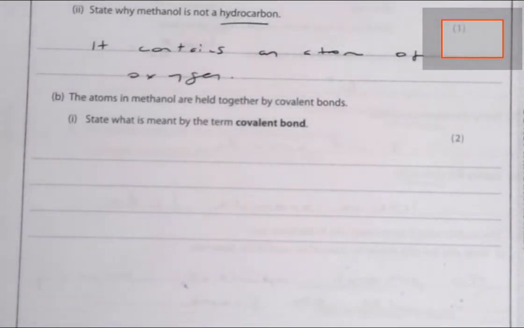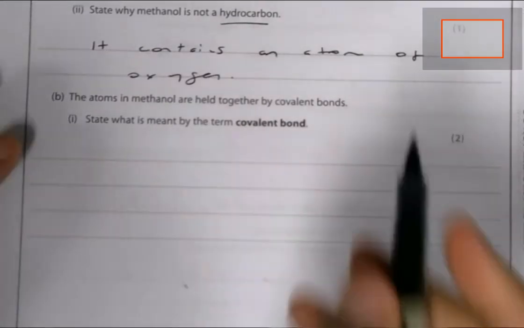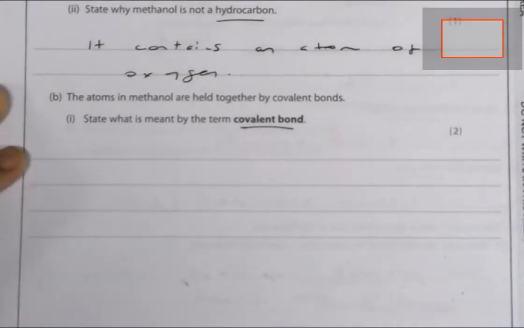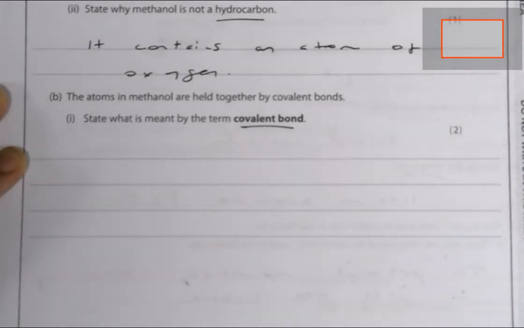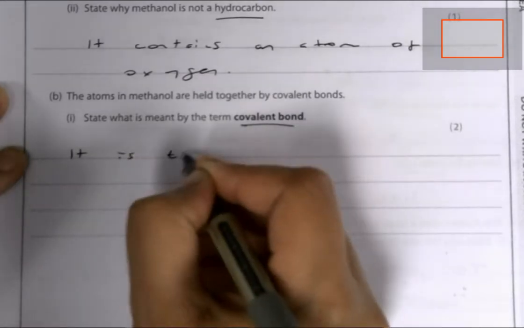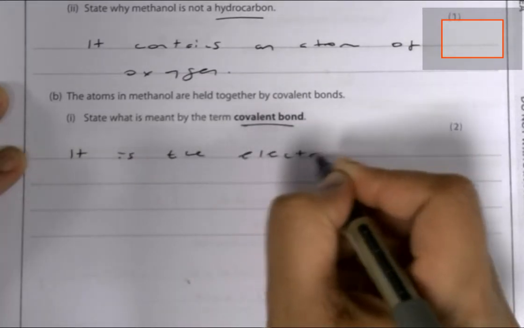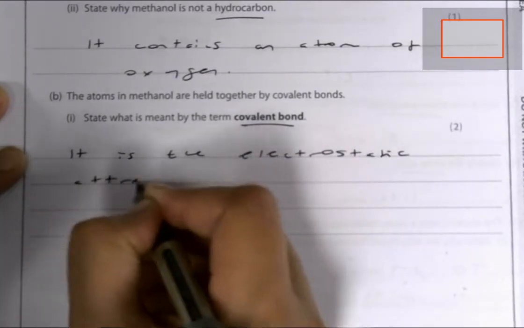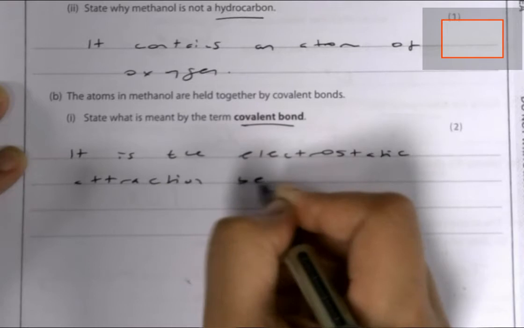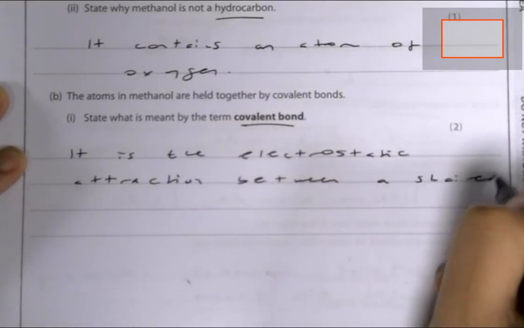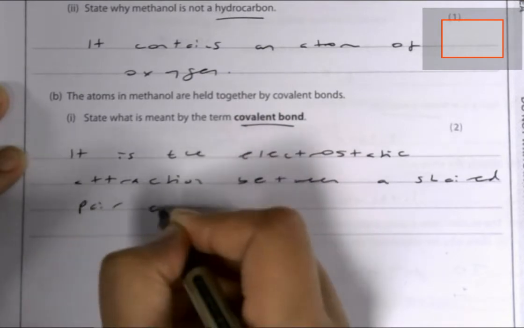Okay, so down here, they want state what is meant by the term covalent bond. So that's something that you really just need to make sure you learn because it comes up time and time again. So it is the electrostatic attraction between a shared pair of electrons